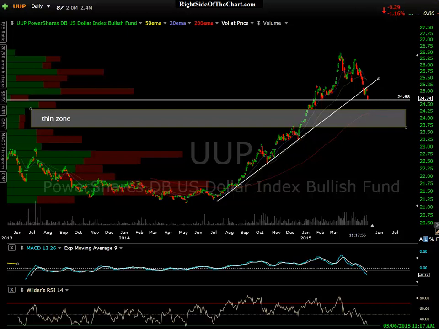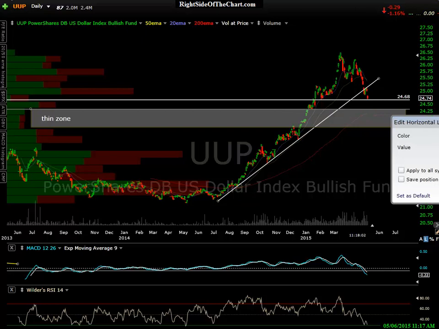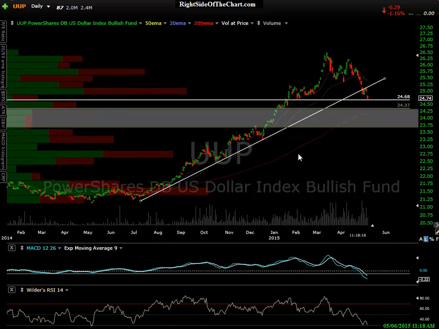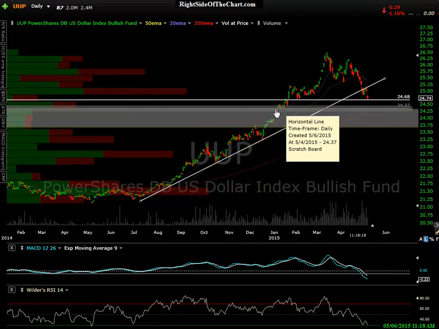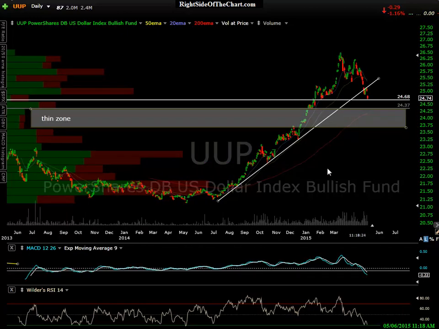So this would be, and I'll go ahead and add that level here, I'm just roughly doing this. Let's see, 23. It's a little higher than that. So say 24. I'll call it 2437 or so right now. That's the top of the thin zone. And that is also, coincidentally or not, defined by this cluster of reactions here. If we look at right here, the price action, there's quite a few candlestick tags on the top there. So it's a nice horizontal support area as well as the top of that thin zone.